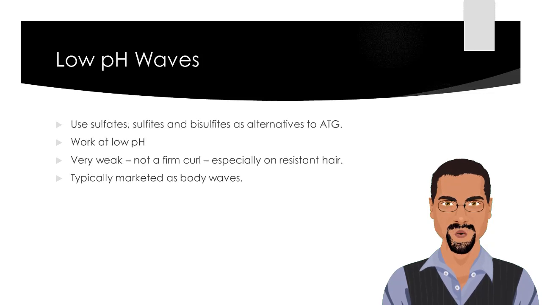Low pH waves use sulfates, sulfites, and bisulfites as alternatives to ATG. They work at a low pH. These permanent waves have never been very popular, as they are very weak, and do not produce as firm a curl, especially on resistant hair. Low pH waves are generally marketed as body waves,